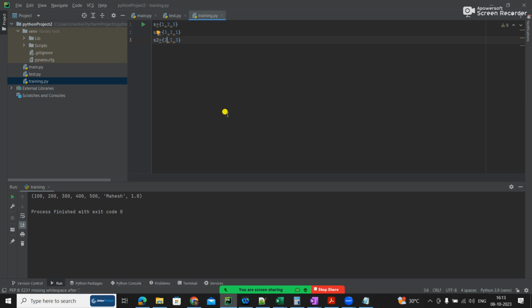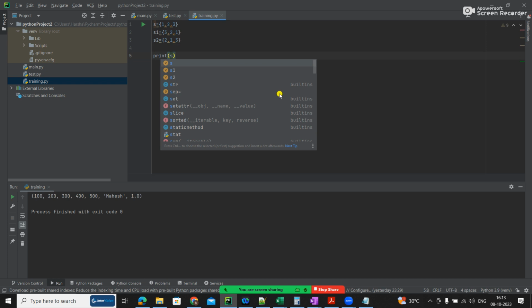Are these different or are these the same? Just see the note.